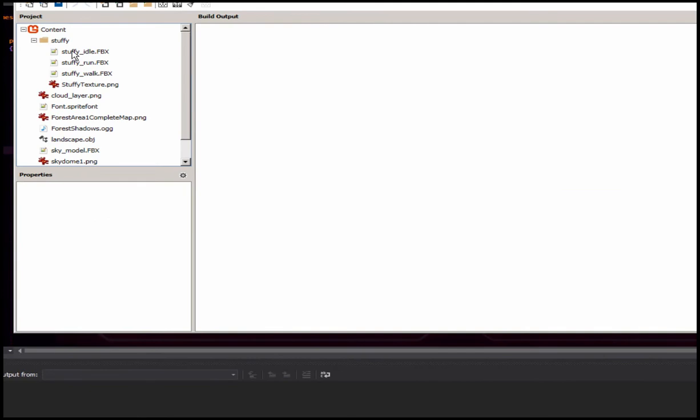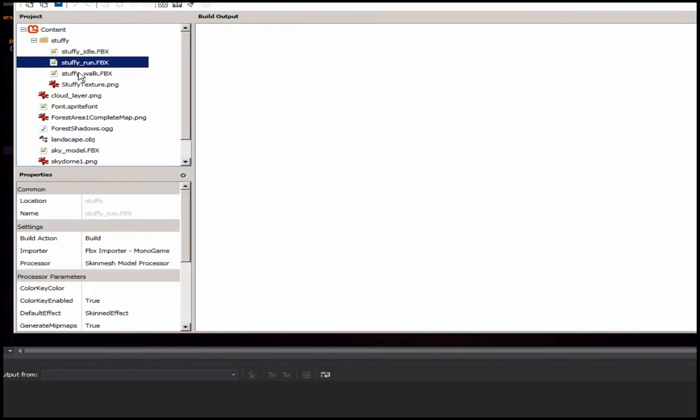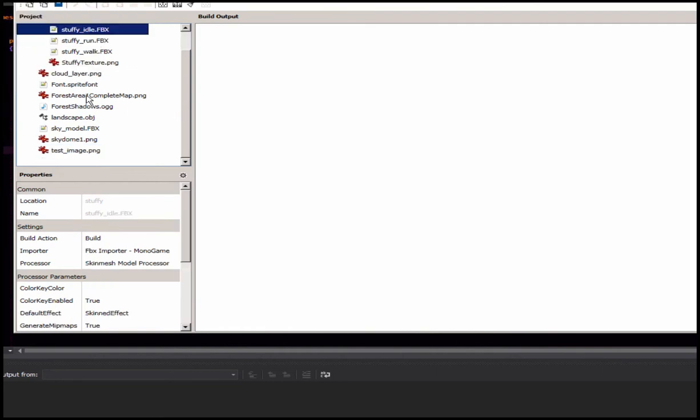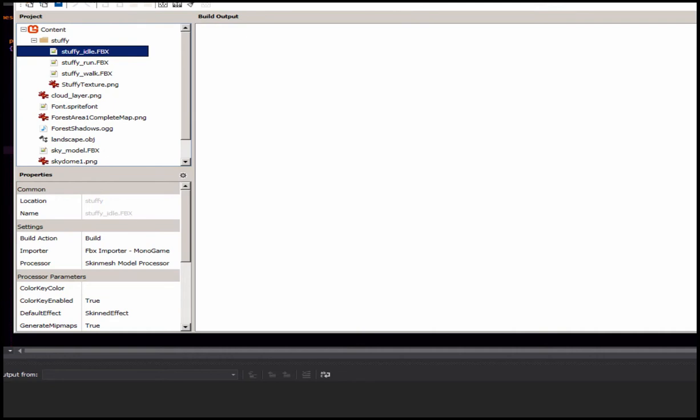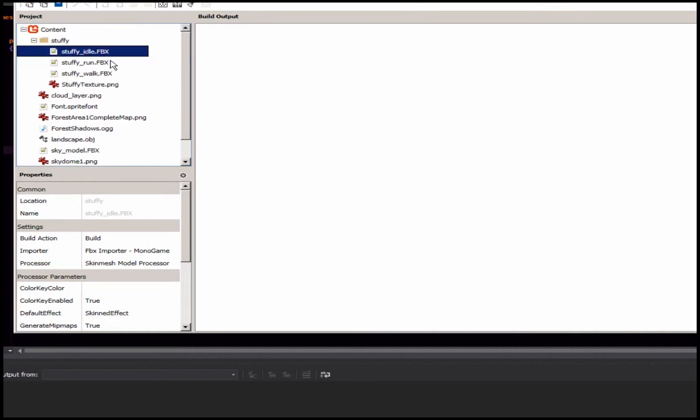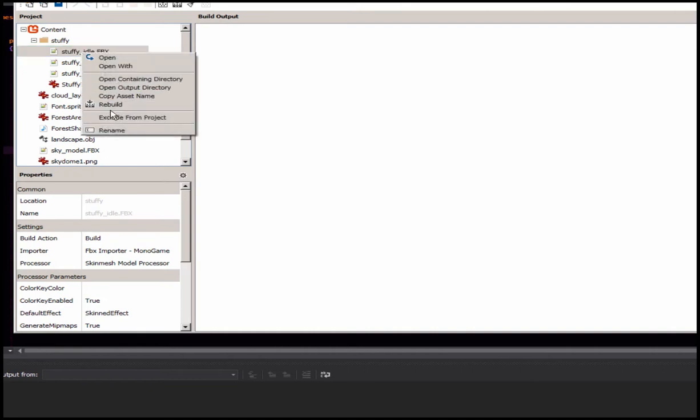Once you've done that to all three of the files, or however many files you have, and you're sure you got all your textures in the same folder, and you've made the right changes to the relative file paths, you can save and build. Just keep in mind that you don't have to rebuild all. You don't have to just hit build each time, because some of these files are going to take a long time. So only the ones that you've changed, updated, modified or added, you can just click on it